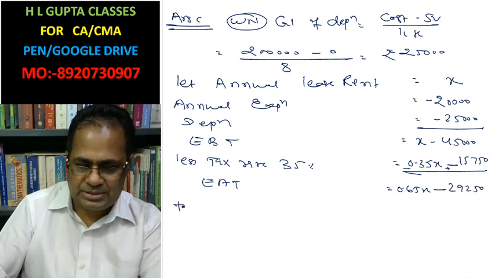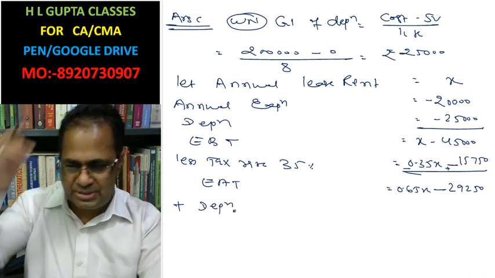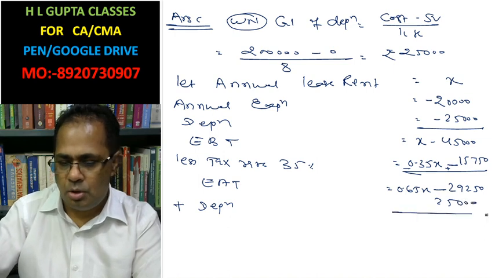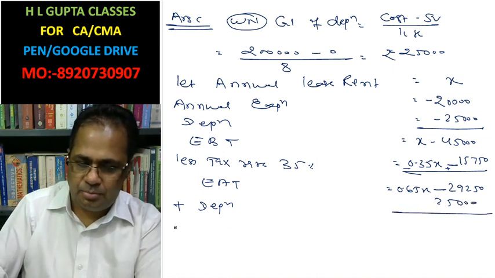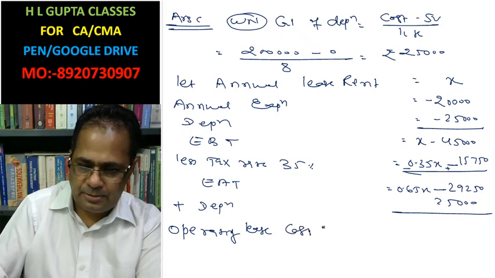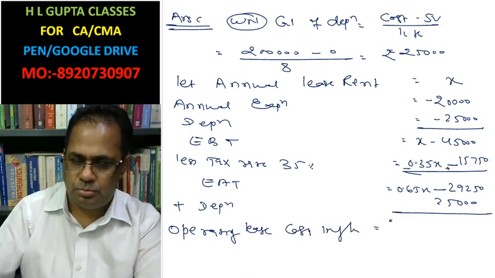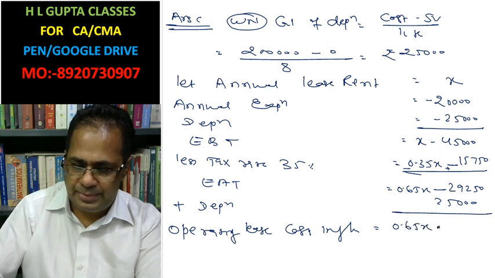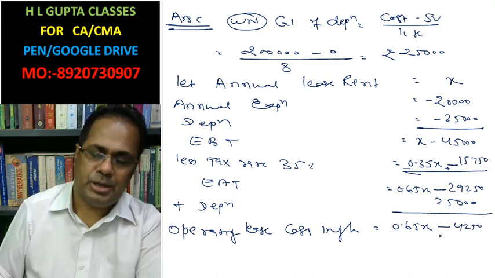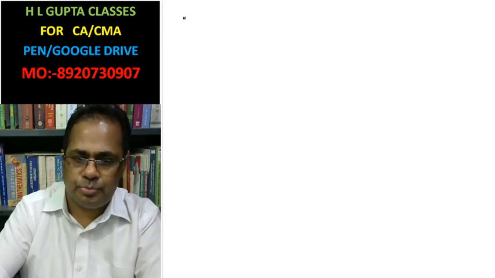29,250, add depreciation 25,000, operating lease cash inflow 0.65x minus 4250. For 20% return,